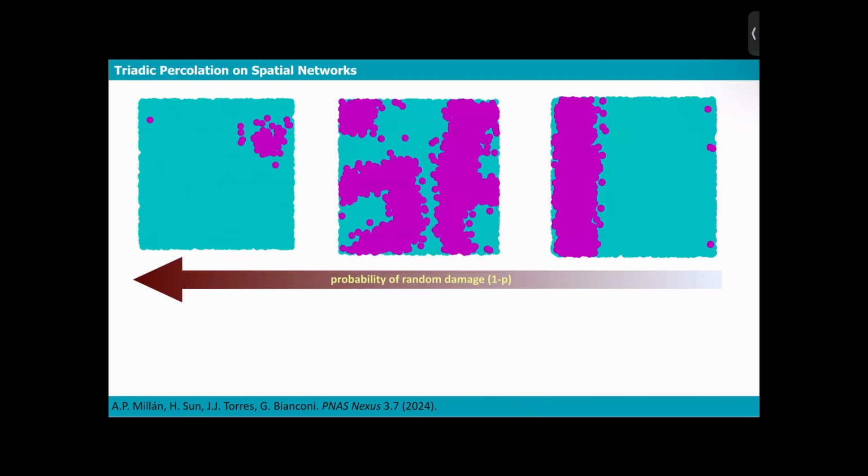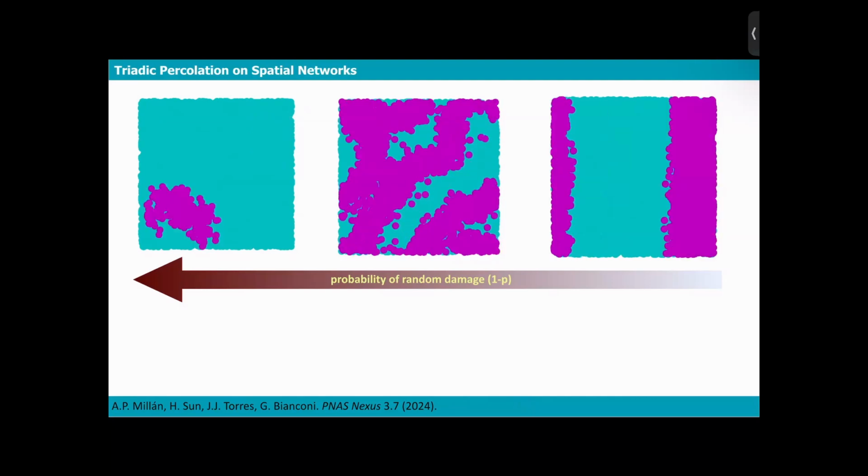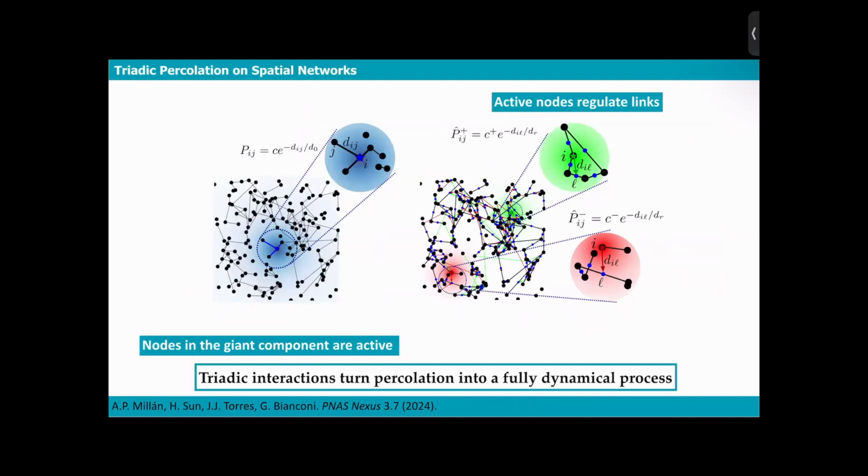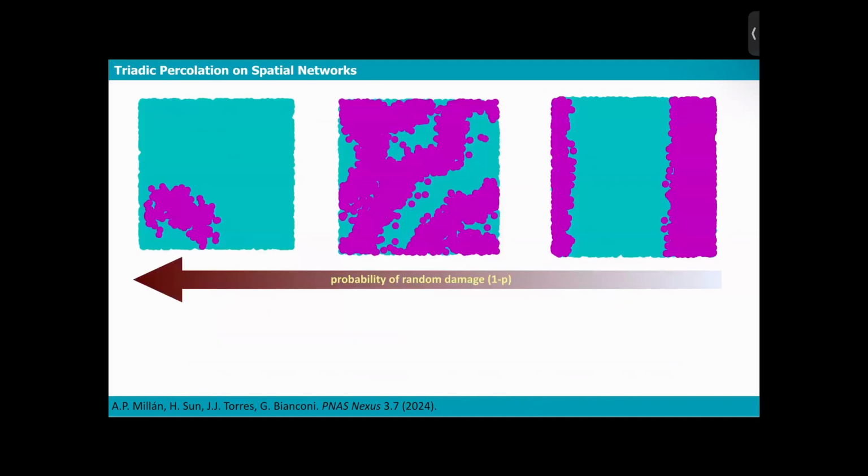Why we're finding spatial patterns is because we include an aspect that is quite common in real networks, which is that interactions tend to be local. So many networks are grown in a geometric space with some geometric constraints based on distance, for instance. So if we consider this triadic percolation on a network that has a spatial structure, both in the structural links and in these regulations, then we find that the percolation patterns become these interesting shapes, which have different dynamics depending on their spatial